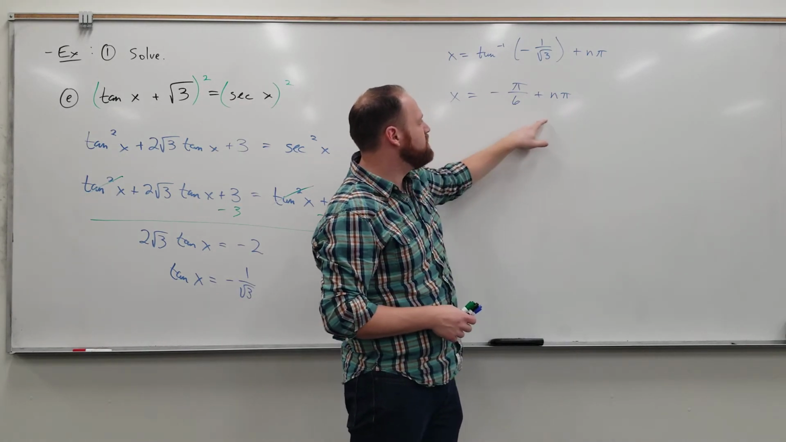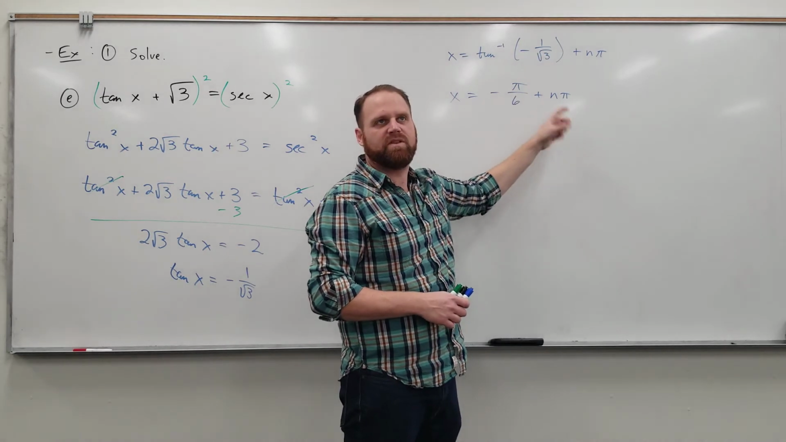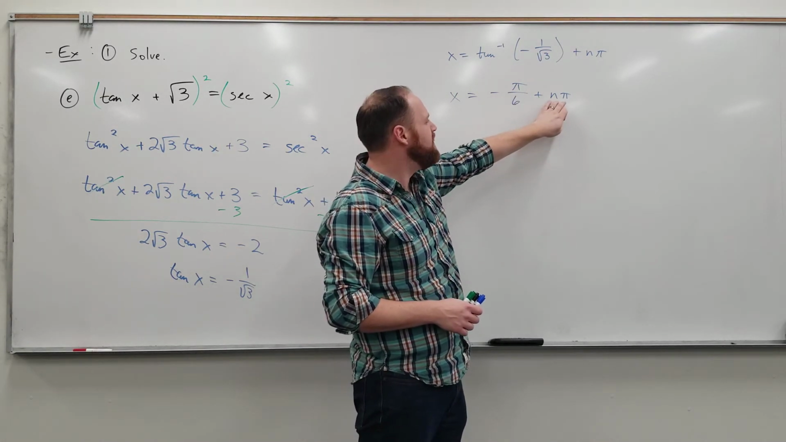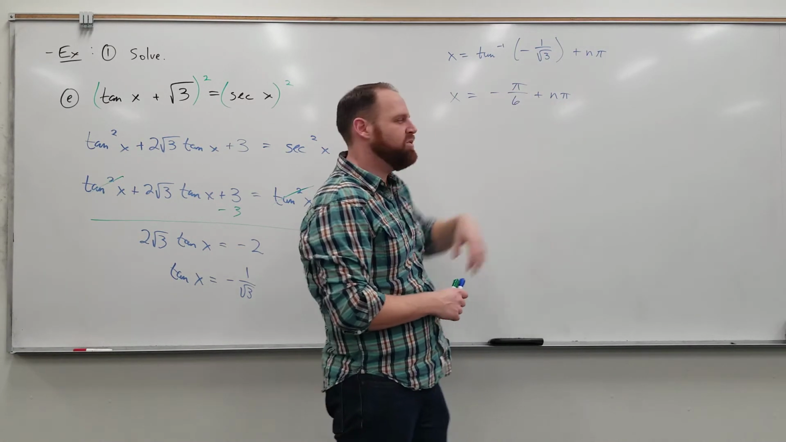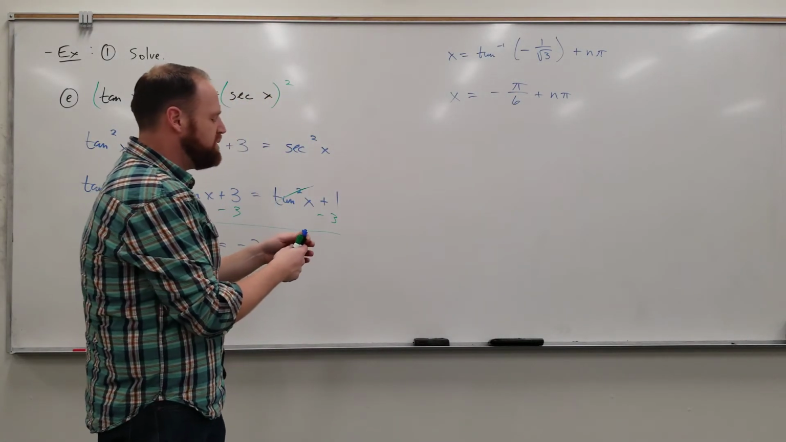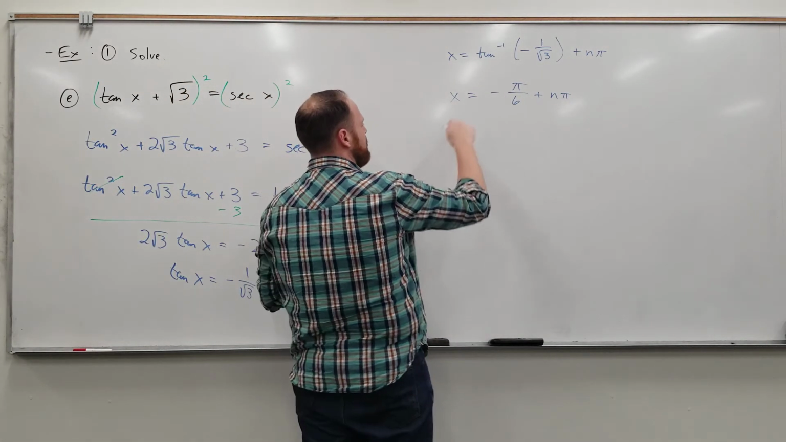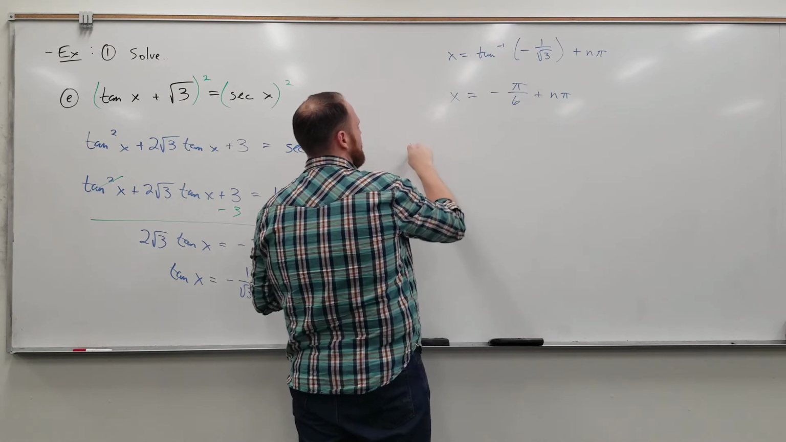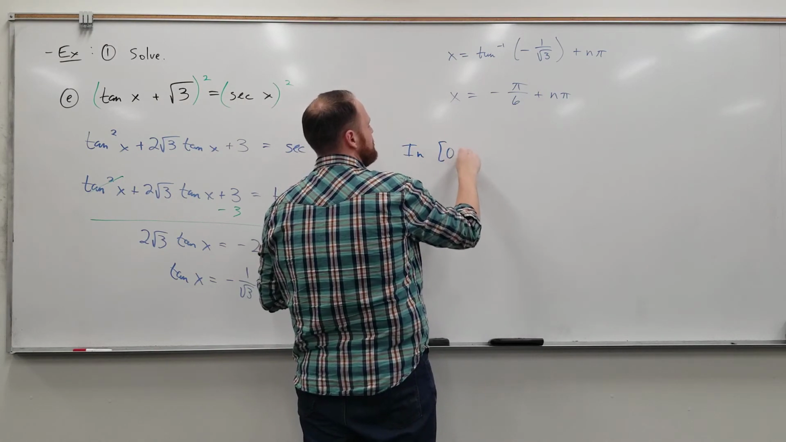In this case, if negative pi over 6 works, then definitely every 2 pi units after that is also going to work. I'm not sure if every n pi units after that is going to work, so maybe we should check. Maybe we should check both of those. So for right now, I'm thinking that if I'm looking for the solutions that live between 0 and 2 pi,